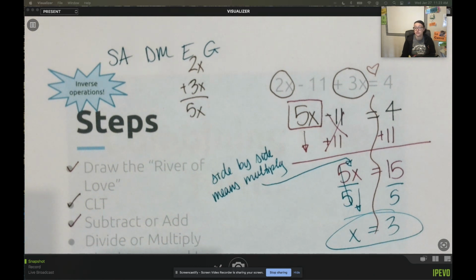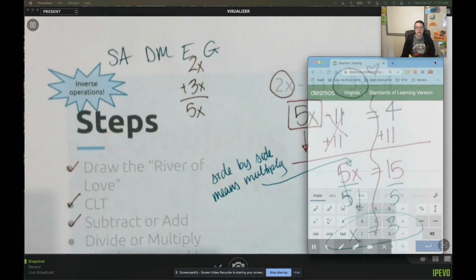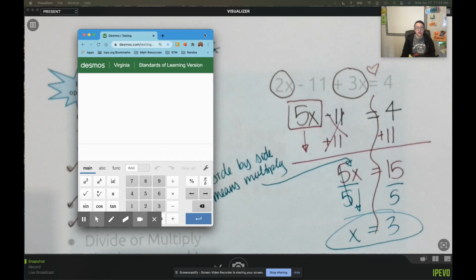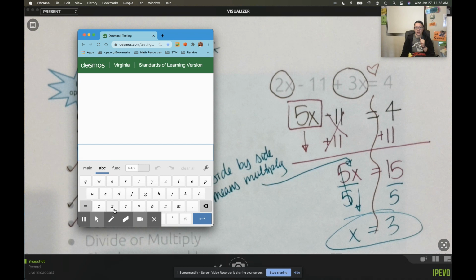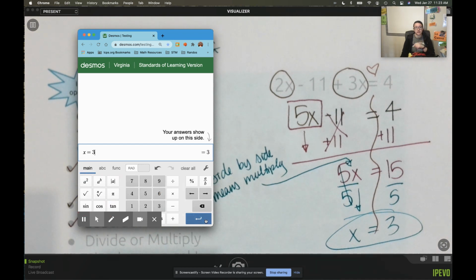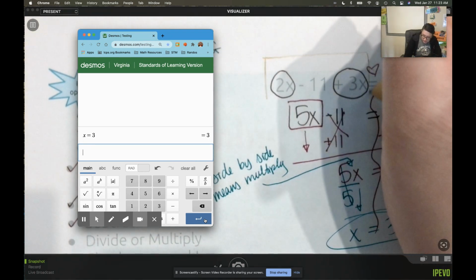I want to take a second and show you guys how you can check this on the calculator. So to check this on the calculator, the first thing I want to do is tell my calculator that x is equal to 3. If you go where it says ABC, you'll see your alphabet. So you can find your x, tell it that it equals 3, and hit return. Then I need to plug in the long side of my